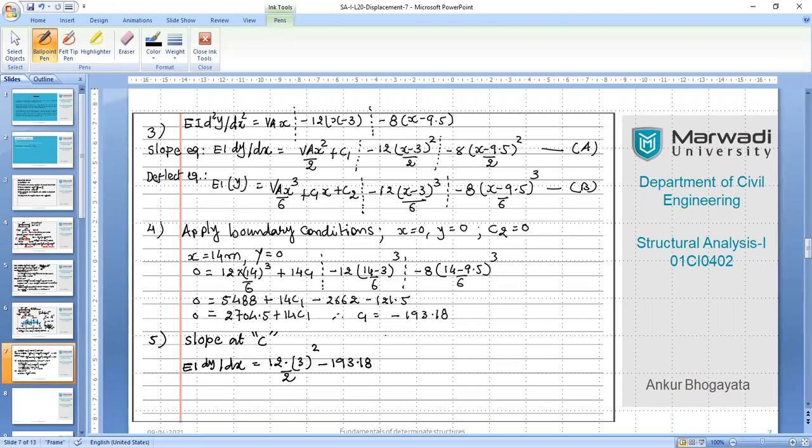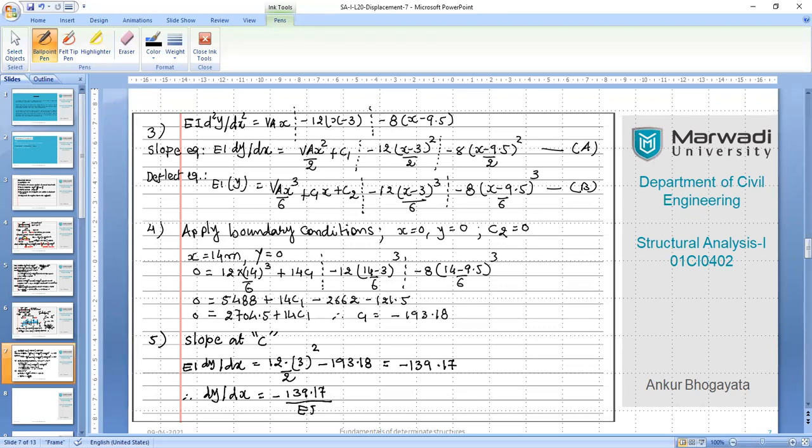That becomes negative 139.17, right? So finally, we get dy by dx as minus 139.17 divided by